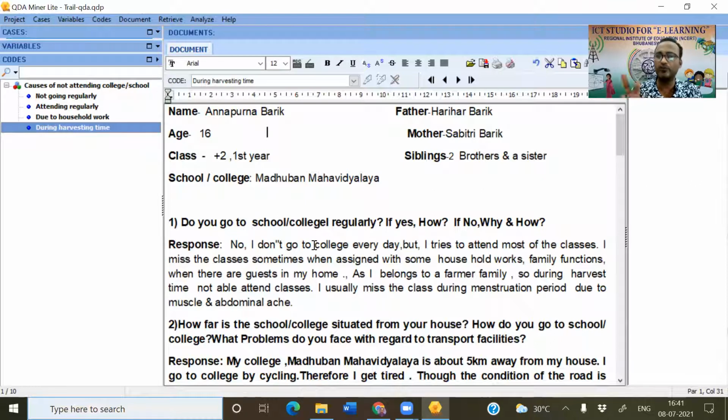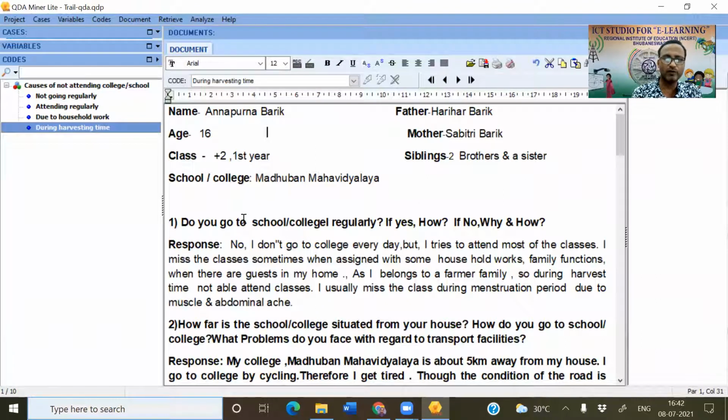Now there are 2 other windows here. One window is this one. This is the document window I mentioned. And on the extreme right side, this place is a window for comments or coding segments. Okay, I'll demonstrate one.